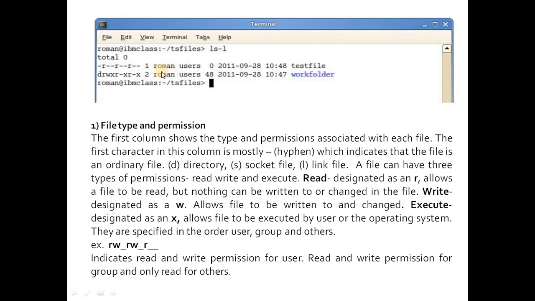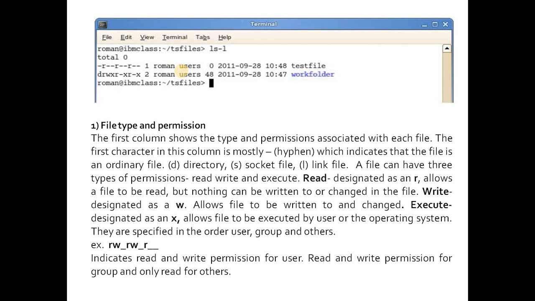That is the name of the owner who has created the particular file. When you create a file, you automatically become its owner. Similarly, you can create, modify or remove files in a directory if you are the owner of the directory. So in this given example, work folder is a directory. How do we understand that this work folder is a directory? You can see that its first column has a d. So when you are the owner of a particular directory, you can create, modify and remove files from your particular directory. The next attribute is the group ownership.